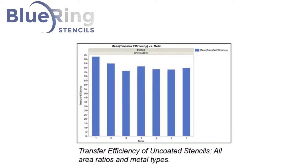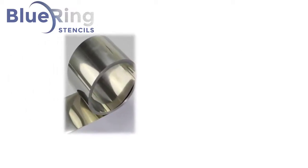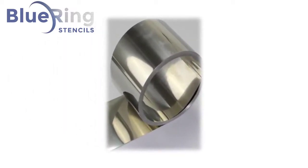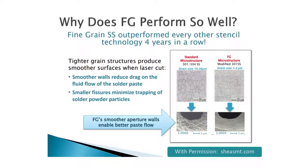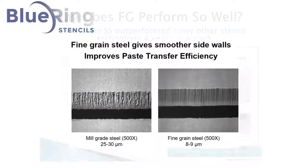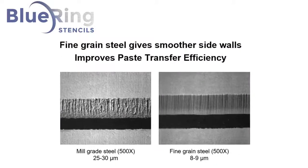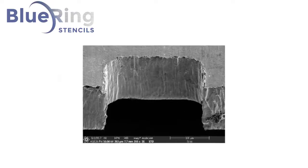But miniaturization continued. Next, the industry turned to the materials used to manufacture the solder paste stencils, and they focused on improvements to the stainless steel foil itself. New stainless steel milling processes were developed, producing finer grain structures in the metal foils. These new fine grain foils, coupled with new laser technologies, cut even smoother apertures with location accuracies much tighter than